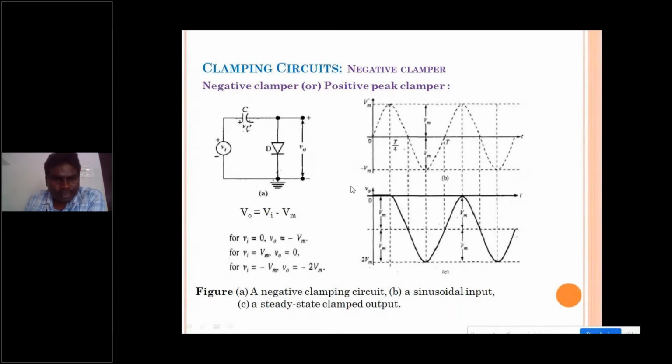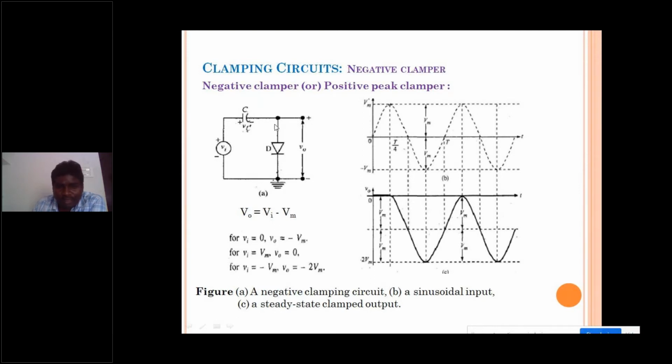Yes, I will conclude with the next slide. Just concentrate on this slide. I will tell you the important point here. This is the circuit which we use for the clamping purpose, and here a capacitor and a diode are used. Initially, the capacitor acts as a short circuit, as we already know, because the voltage across a capacitor cannot change instantaneously; sudden changes are not accepted. When I apply the input voltage at time t equal to 0, the capacitor is short circuited. That positive voltage is applied to the diode, and the diode gets forward biased. Now the capacitor finds a short circuit path to get charged. So when I apply a positive half cycle, this capacitor gets charged to a maximum value called Vm,